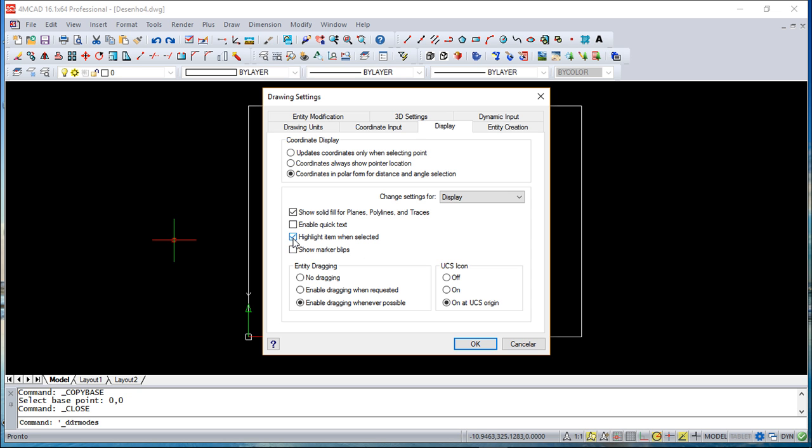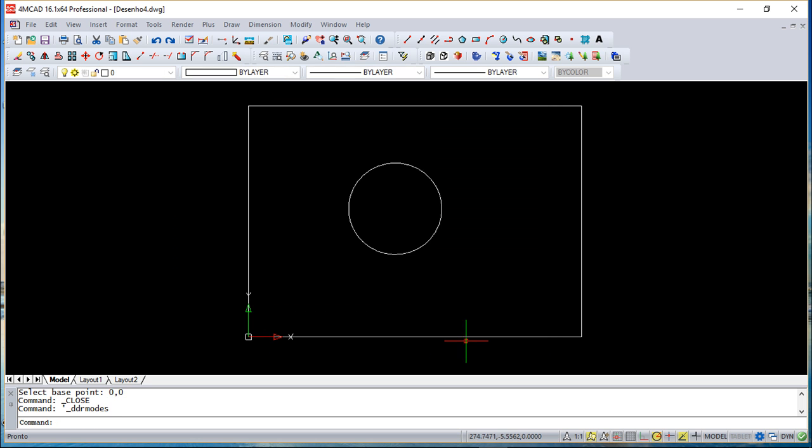So one of the things is the highlight, and this has to do with the highlighting of elements when they are selected. This is something that takes some effort from your computer. One other very interesting thing is the enable quick text that I will show you, which is the replacement of the normal text by a frame around the area that the text occupies, because text is always something very heavy for the drawing. Also about the fillings, and another thing are the marker blips, because every time